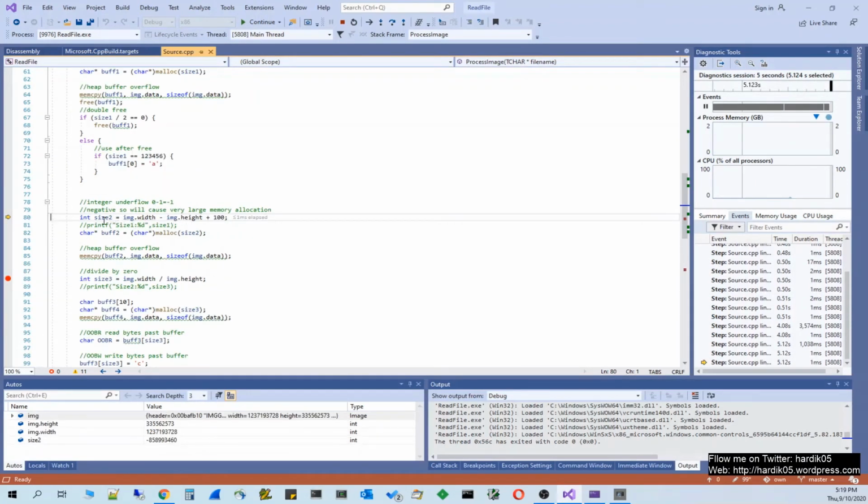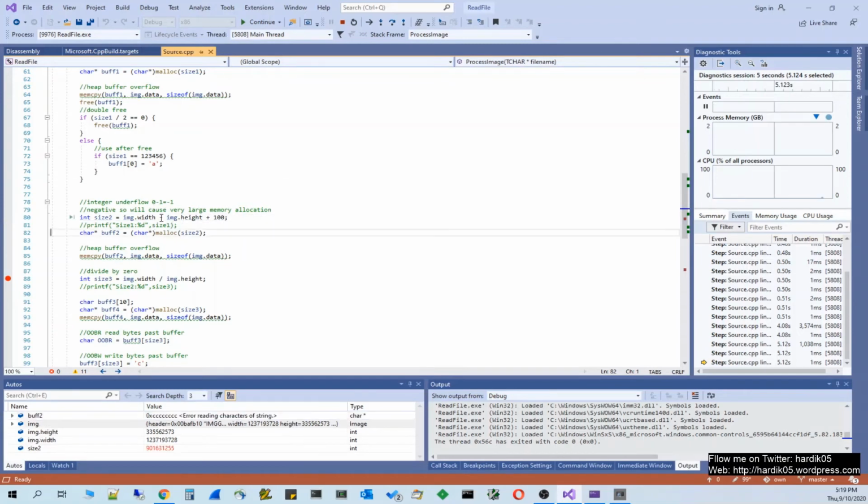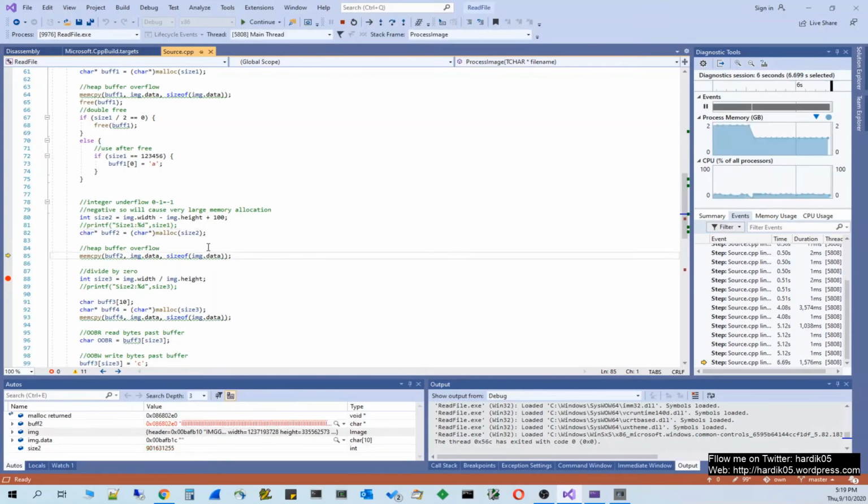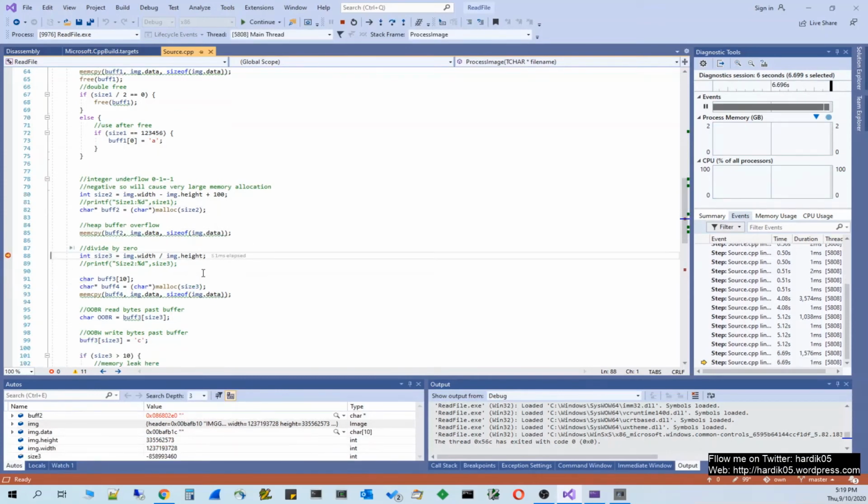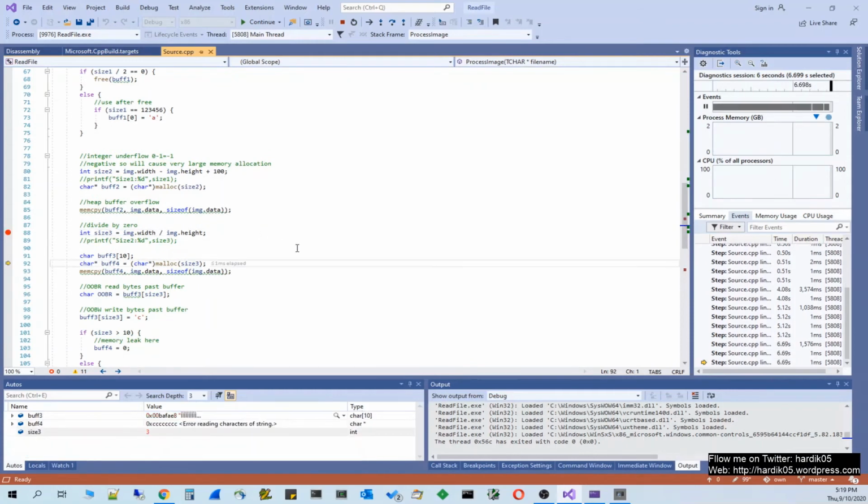Then there is size2 which is getting calculated, so width is getting subtracted from the height. That is fine, and again there is a malloc, there is a memcpy, size3 is getting calculated. Then there is buffer4 which is again getting allocated of size3.